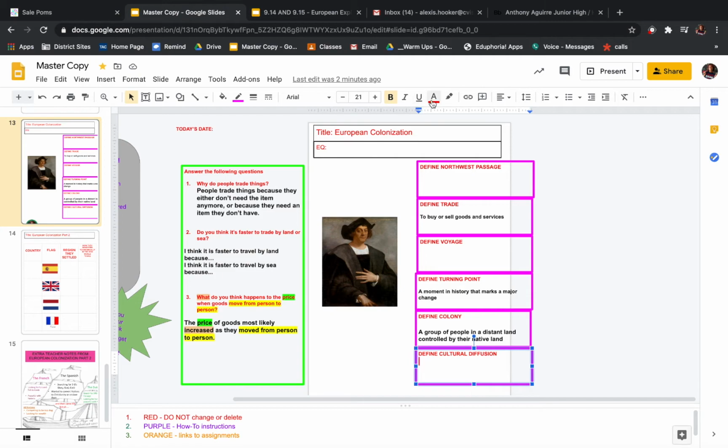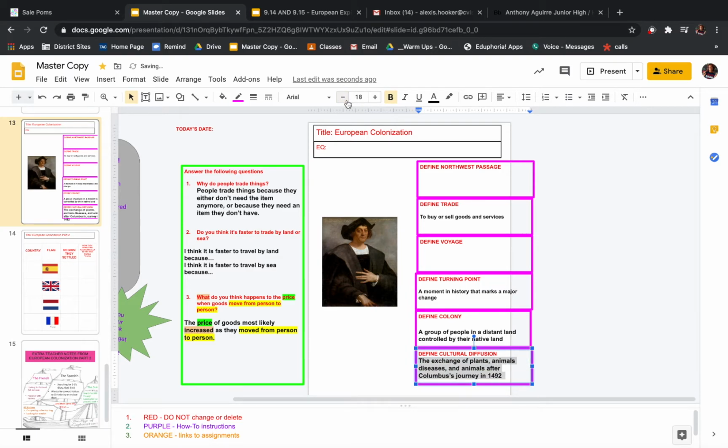Cultural diffusion. First, I'm going to change the color. So, the exchange of plants, animals, and don't forget diseases. Diseases and animals after Columbus's journey in 1492. It's very important that I included that all of these things started to exchange after Columbus found the